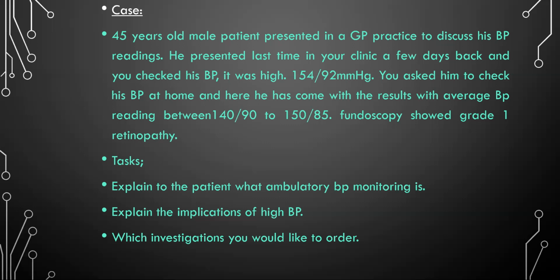Now, if it is a very young hypertensive patient, like let's say a 30-year-old having hypertension, then you can do some secondary causes investigation, especially check for renal artery stenosis by doing an ultrasound duplex of the renal arteries. So for a young hypertensive patient, yes, you can do some of the secondary causes investigation. But for a 45-year-old, this is most likely essential hypertension. Dr. Kollol, if a patient is not on any antihypertensive with still high BP, should we go for secondary hypertension assessment? No need for every patient, case by case.